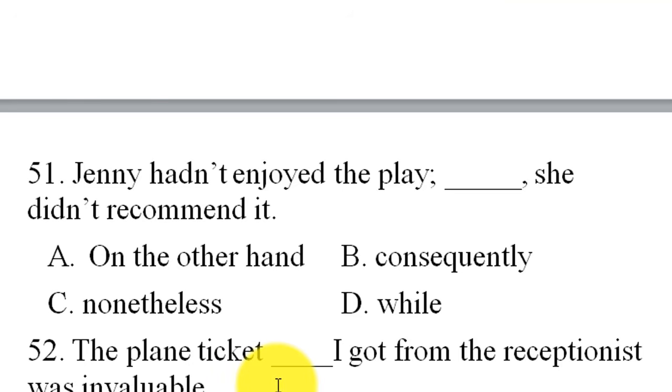Jenny hadn't enjoyed the play. She didn't recommend it. On the other hand, do you think the second clause is the opposite of the first one? The same. On the other hand, nonetheless, consequently, while ሶስቱም እንኳን አንድ ግሩፕ ናቸው። እነዚህ contrast conjunctions ናቸው ሶስቱም። Jenny hadn't enjoyed the play; consequently, she didn't recommend it. ልክ ነው። ስለዚህ consequently result ነው የሚገልጽልኝ። consequently therefore ብዬ ገልጻለሁ። ልክ ነው። consequently adverb of result ብለን የምንገልጸው ነው።